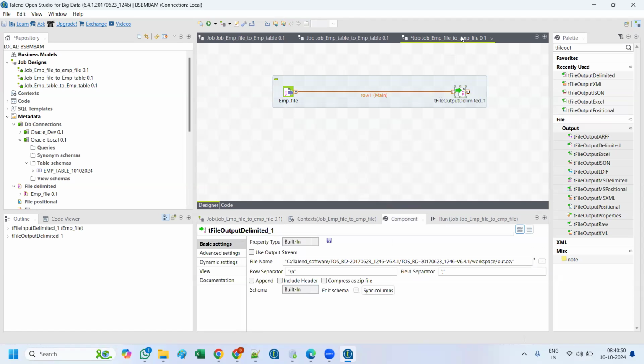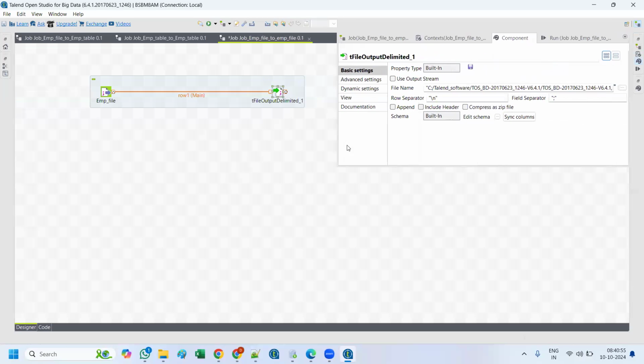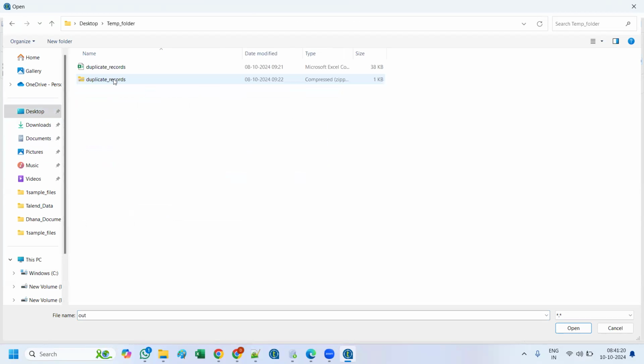Okay, how to configure? Configuration is very easy, and we will learn one component thoroughly. Throughout the entire training sessions, the same options will be used. Where do you want to store this file in your local? Just click on the three dots here, file name, and choose the path where you want to store it. I want to store it on my local desktop, temp folder, emp file,